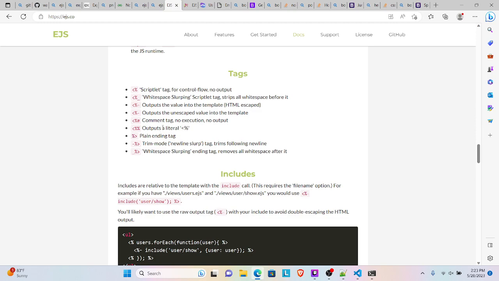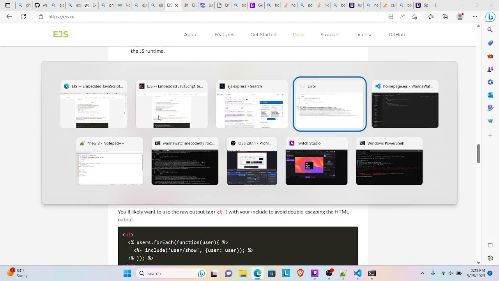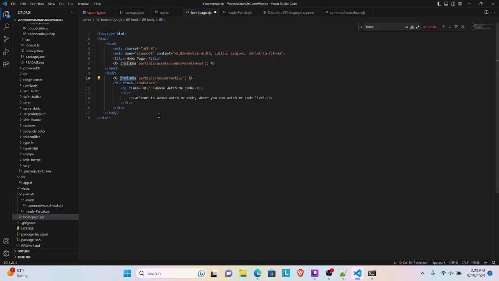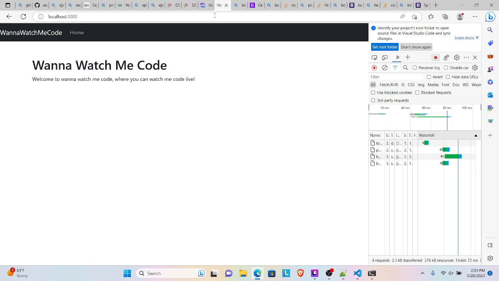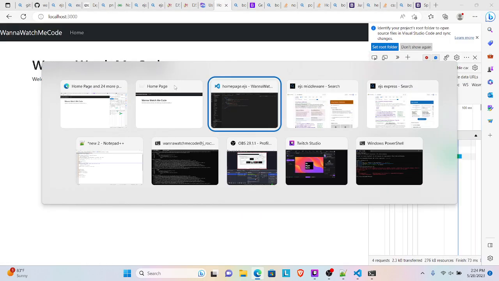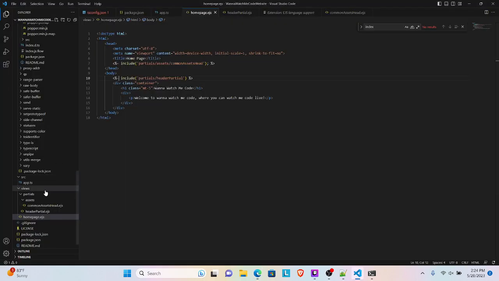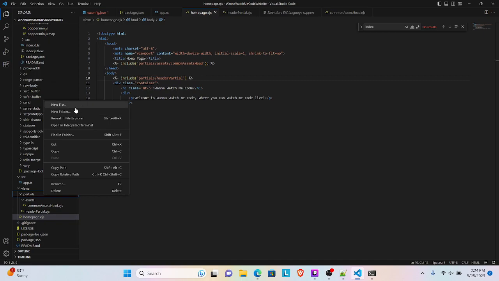Okay, output a literal, no. Outputs the value into the template HTML. Okay, so this is unescaped value. So we got to do the dash, I think. There we go. See, we got it. And we got the header. It's there. Cool. Now maybe we should put those into a headers folder,